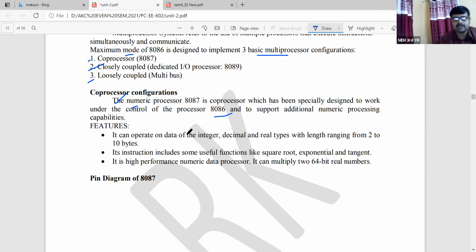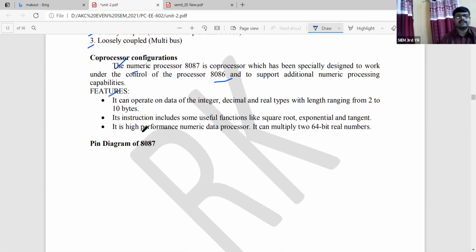The nature of the processor, because for the MCQ question, is another informative portion that you are getting: this 8087 is basically the numeric processor. That is attached, again I am repeating, as an integral part of the 8086, to support additional numeric processing capabilities. Features: obviously we have mentioned that it is a numeric processor. So what are the different numeric features that we are getting, that I want to highlight? The first one, if you see the feature point,